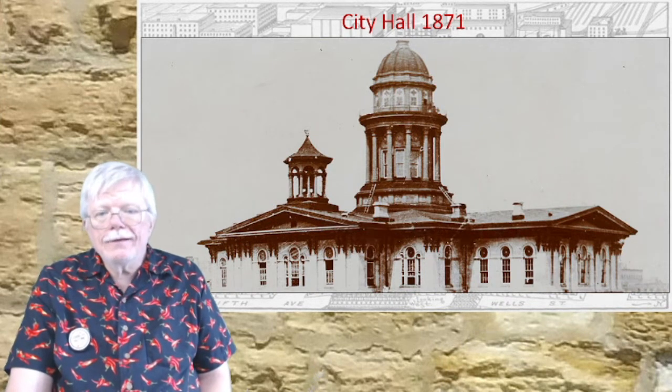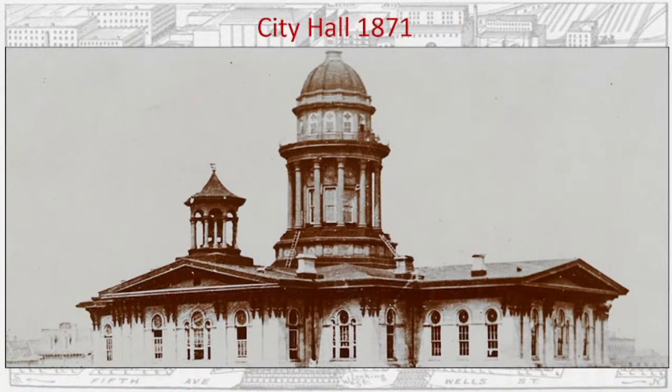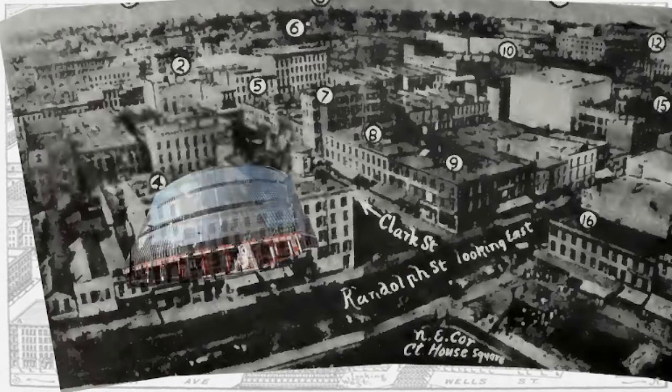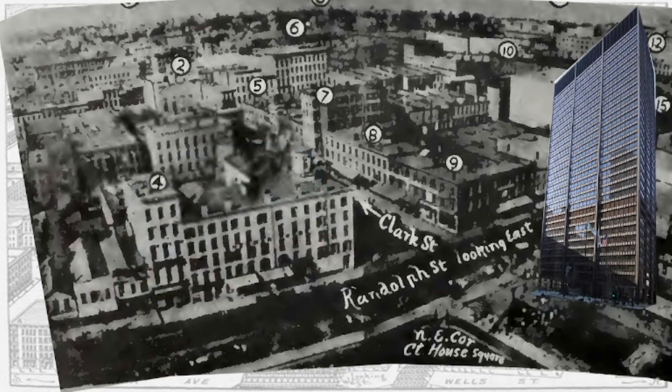And so, of course, in 1858, someone went up to the top to not only see the view, but to photograph the panorama. And the panorama was then published, and so now we can get an idea of how the city looked when its population was topping 110,000. Here is a view to the northeast of the City Hall, and we have where the Thompson Center would be now, and then to the right of that is where the Daley Center is now,